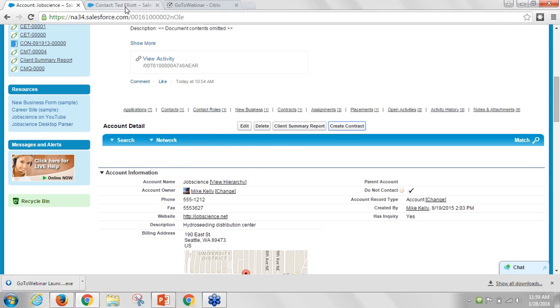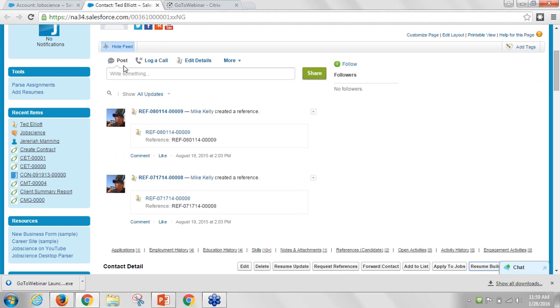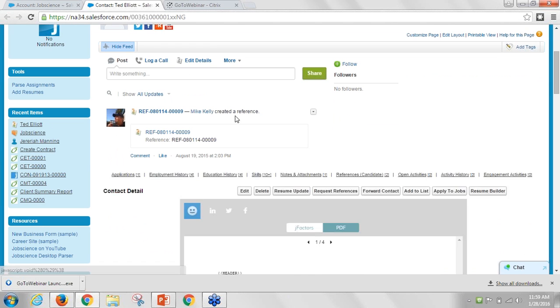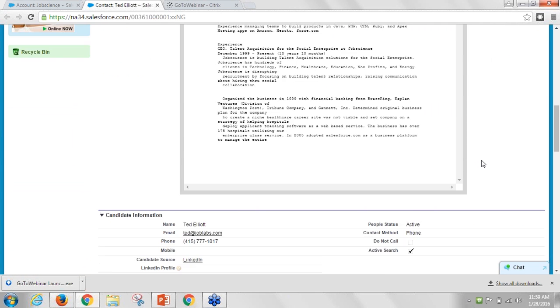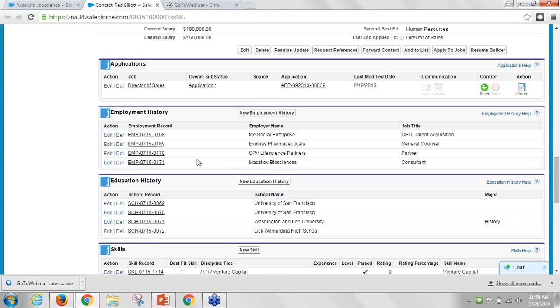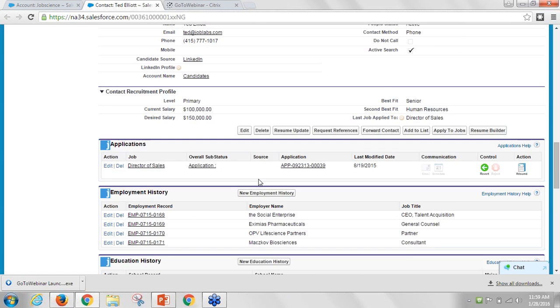What I want to show now is the resume pieces, and this is something that Coleman really highlighted and talked about, is being able to, from a particular contact record, send all this information that is captured on that contact record. So you've got employment history, you've got education, you've got skills, you may want to have references as well.